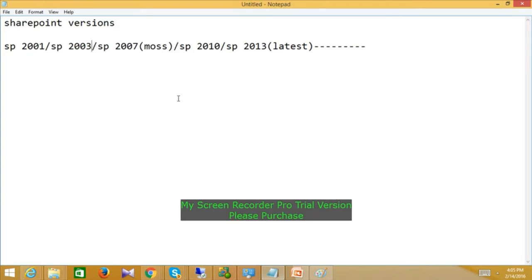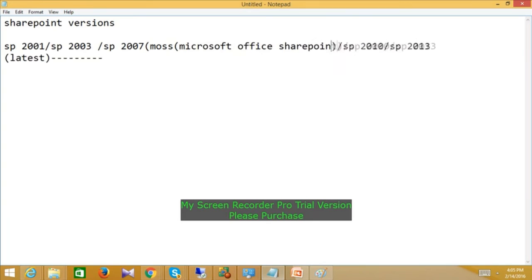Yes, that is SPS, meaning SharePoint Services. SharePoint 2003 we can also call SPS. In 2007 we call it MOSS, the full form of which is Microsoft Office SharePoint Server.